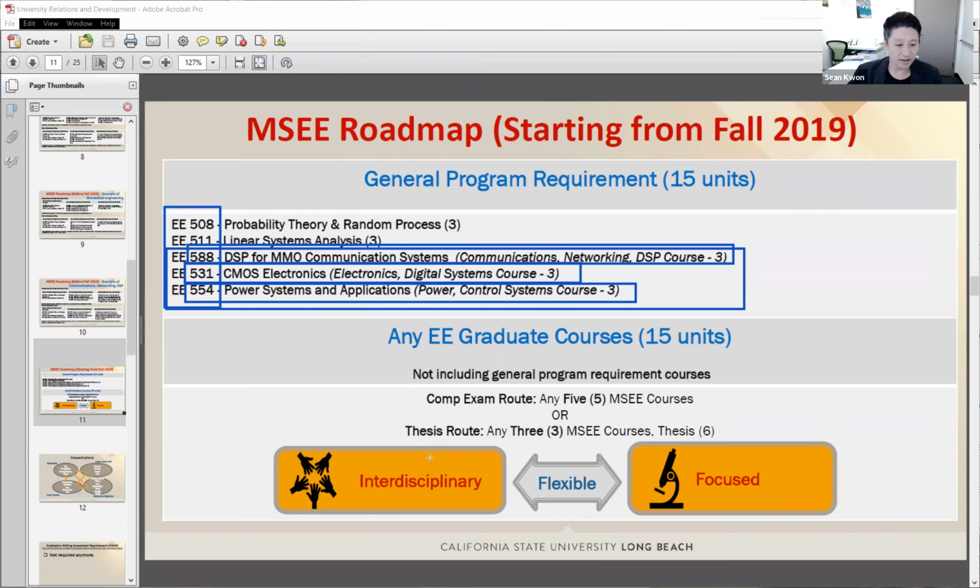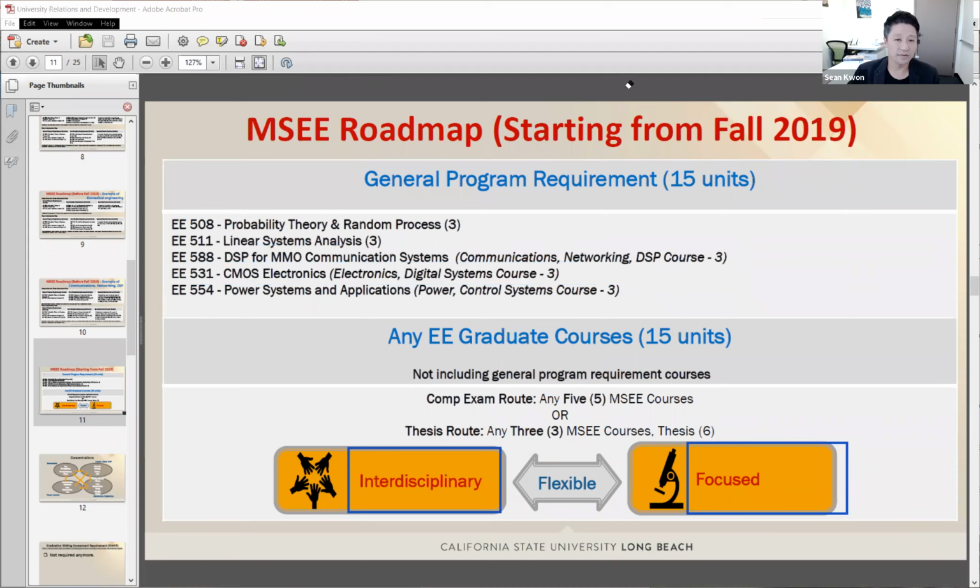So in some sense, we are providing some more flexibility, that is between interdisciplinary study and focused or concentrated study, because except these 5 classes, for other 5 classes, students have the freedom to choose that regardless of their emphasis or tracks.